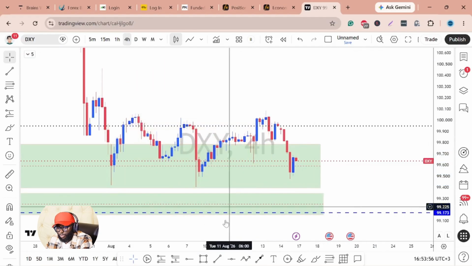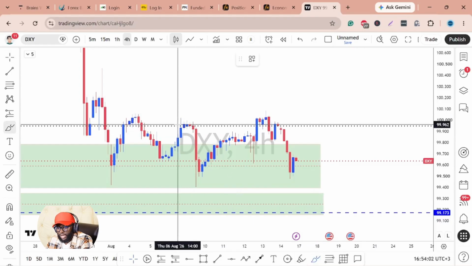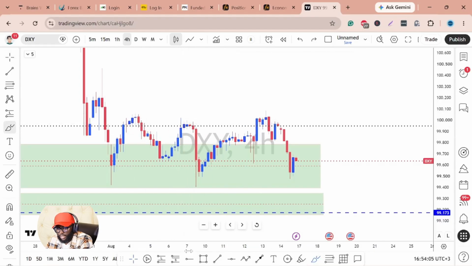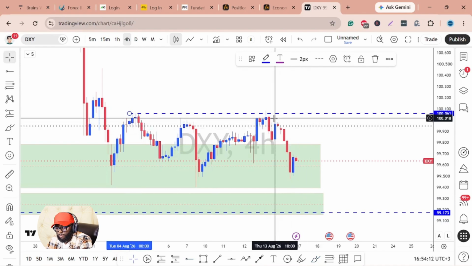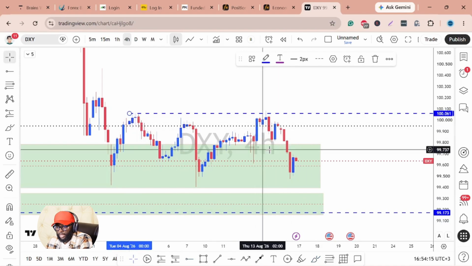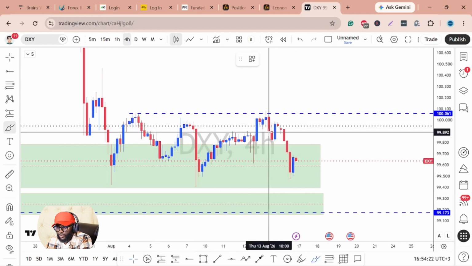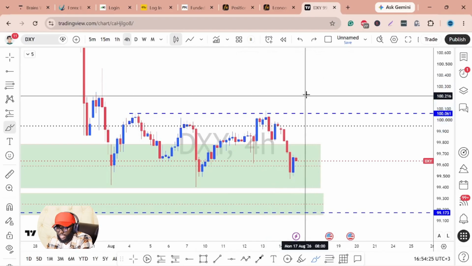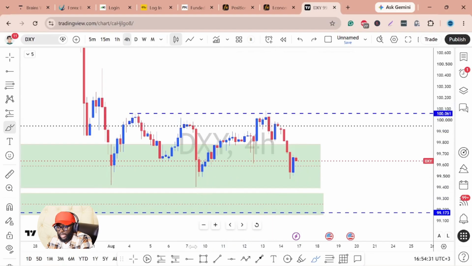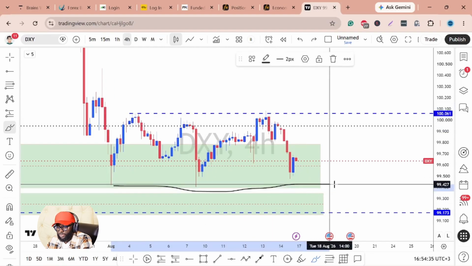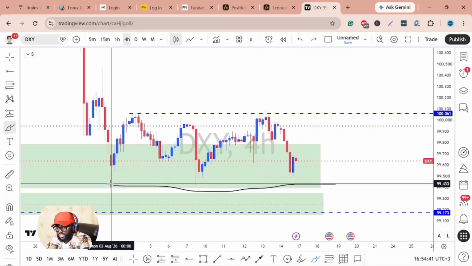Let me just recap what we had for last week, and what I had forecast for last week. We had earlier mentioned that I would like to see price at least breaking this level so that we can confirm bullish momentum for the DXY. That did not happen. And again, we had also mentioned that anything is possible. Remember, last week we had mentioned that if DXY would break this level, then that would confirm our bullish price action. And if we would see some reaction from this level here, then it means that DXY would probably be ready to take out these lows. Again, we had that beautiful reaction on DXY, but price is yet to take these levels here.